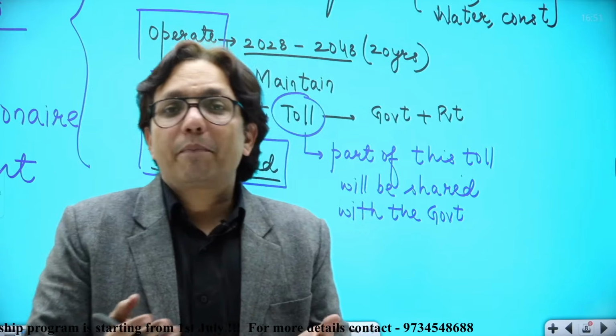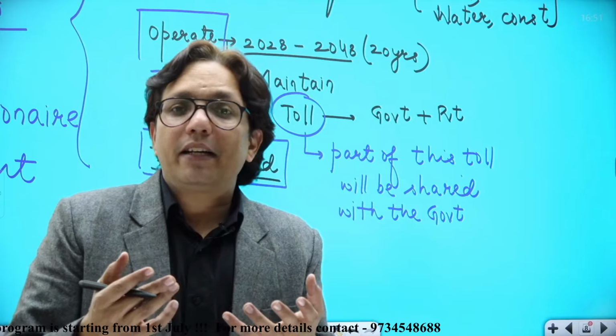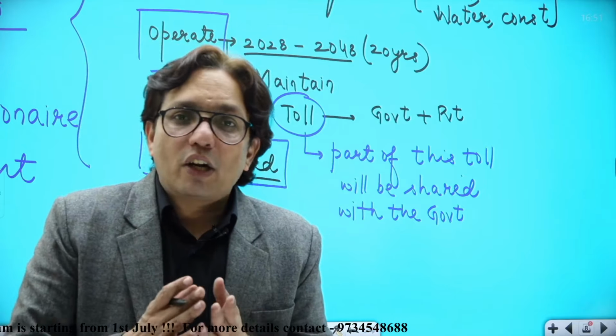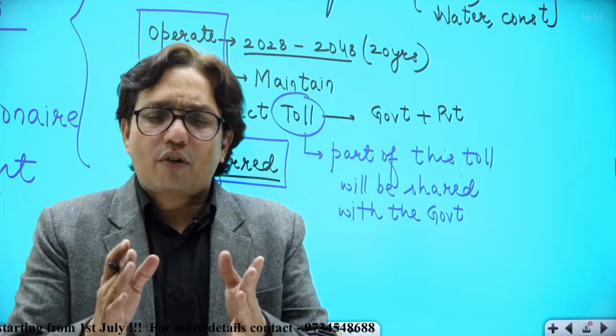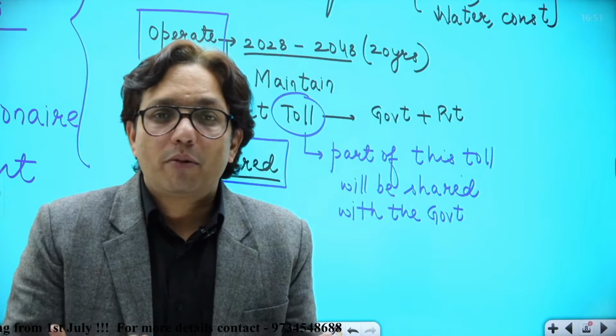But here the same party is responsible for maintenance. If it uses substandard material, then the maintenance cost may go high. The party cannot compromise on this. It would have to construct best of quality expressway with minimum cost, and that would be the party which will be getting the contract.